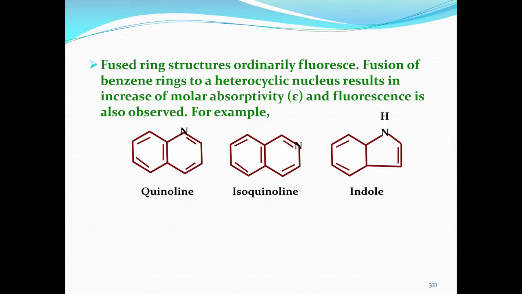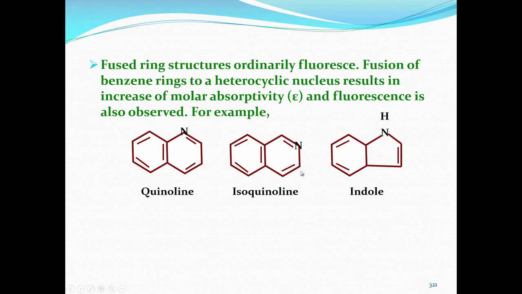There is other structural information that we can derive from our knowledge of chemistry, electronic structure and molecular structure, about which substances are more likely to fluoresce. This is another structure that we can think of. It is basically a fused ring structure. Two aromatic rings are fused here, one benzene ring and one pyrrole ring.